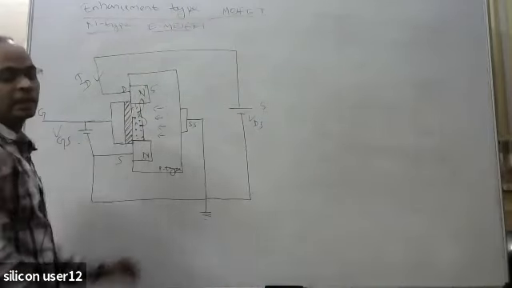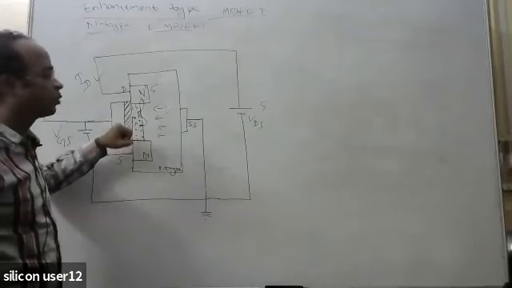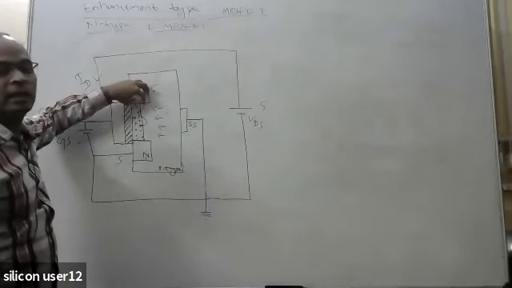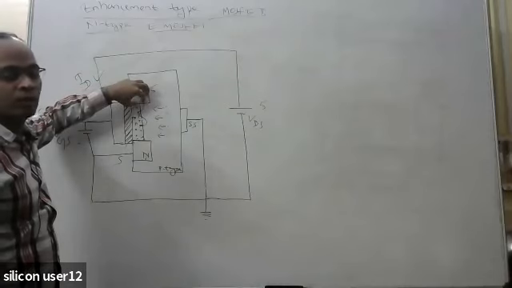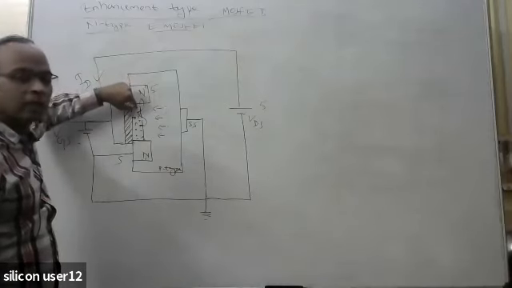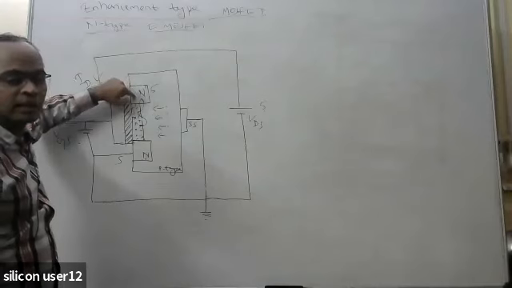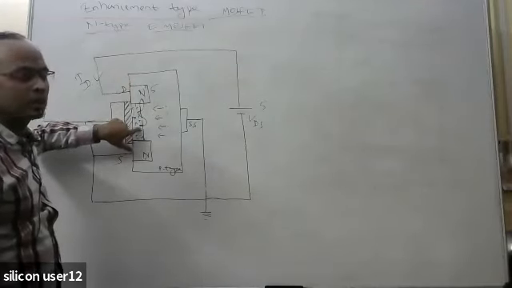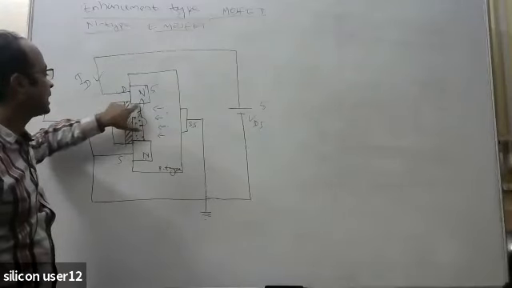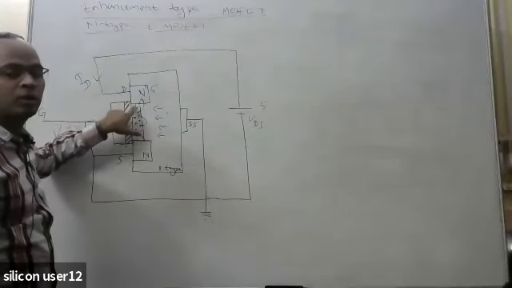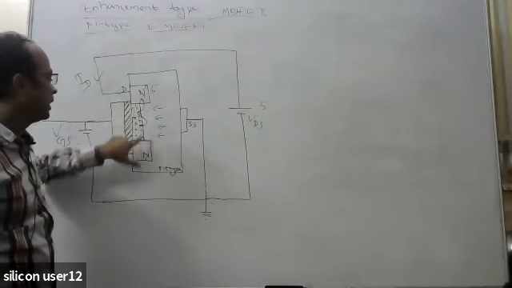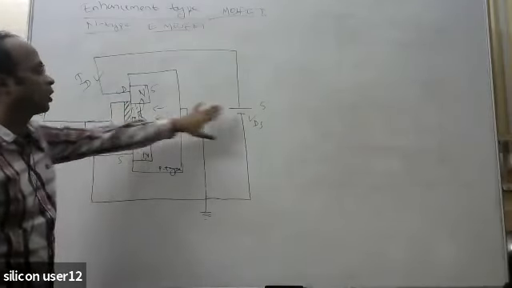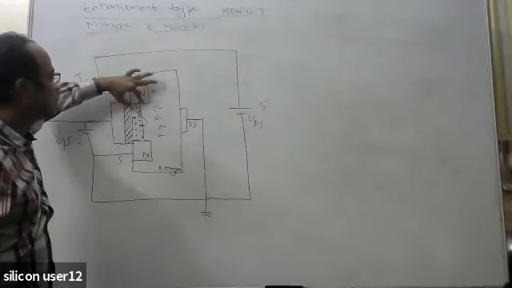As I have already explained in the case of the depletion type MOSFET also, this drain is creating an electric field, or it is pulling the electrons. More electrons will be shifted from here to the drain terminal, but fewer electrons will be shifted from here to here. So gradually this channel width will be smaller near the drain terminal, and the channel width will be more near the source terminal. For a particular voltage, this channel width will decrease.